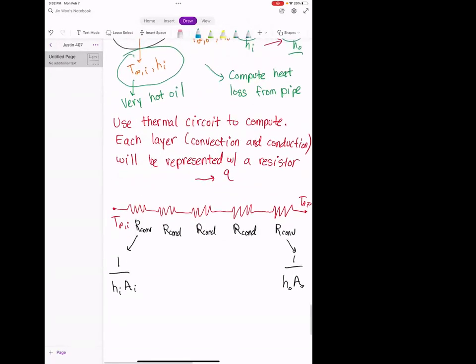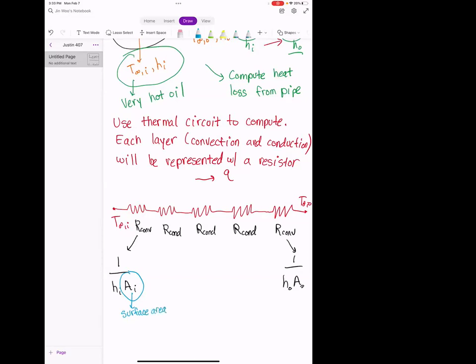Yeah. Is there a reason we don't take into account the radius for the inner convection? We do actually. So that's actually kind of the next point. That's a great question. And so the question is, is there a reason we don't take into account the inner radius for convection? And so the way that it actually gets factored in is in this cross section area. Because remember, for cylindrical systems, we actually have a formula for the surface area here.